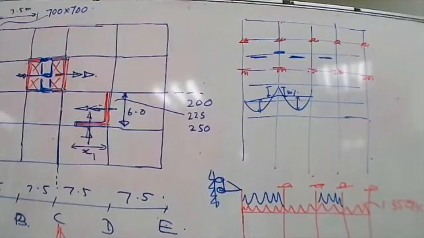Excuse me, sir. If we consider earthquake load, and we redistribute the moment at the column-beam junction, then the reinforcement density is reduced. Then a plastic hinge can occur at the column-beam junction due to the earthquake load. No. Actually, the column section is bigger than the beam. Always the plastic hinge will